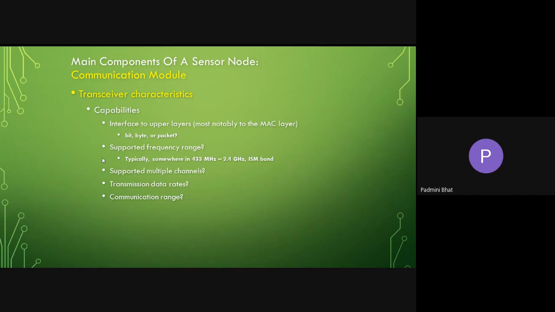Whether it supports multiple channels, that also needs to be looked into. Multiple channels, like sometimes you may require two separate channel bands, one for transmitting, one for receiving. Then one small band for controlling. The main control usually will be there, because controlling is nothing but synchronizing. It will be there in the master block. So from there control signals have to come, then only this can transmit, that is synchronizing. So for that, we need to have a channel. So whether it is supporting multiple channels, that also needs to be looked into.